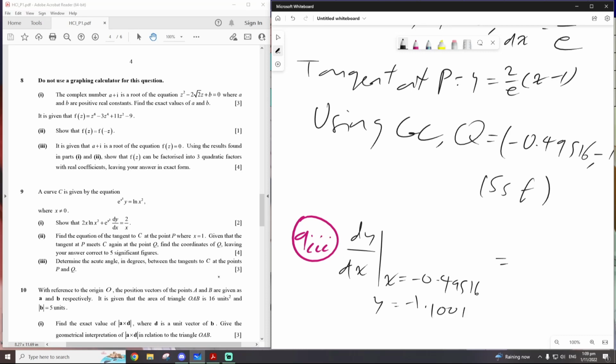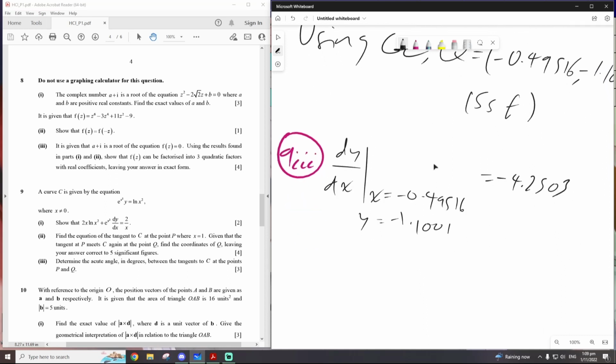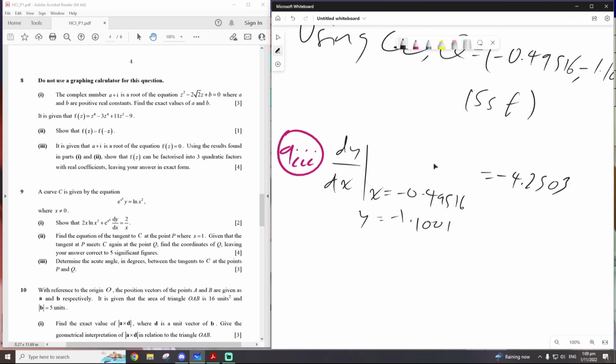Okay, and if you do that, you will get negative 4.2503 by your GC. And for this, the angle, so the required angle will be 180 degrees minus inverse tangent of 4.2503, which is compensating for the angle formed by Q, by the tangent at Q rather,